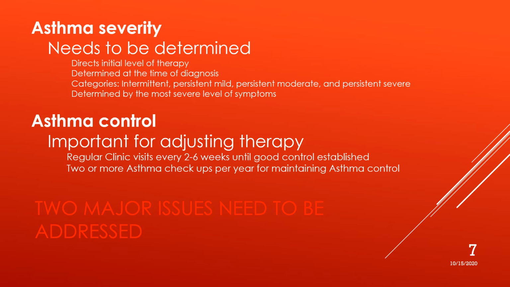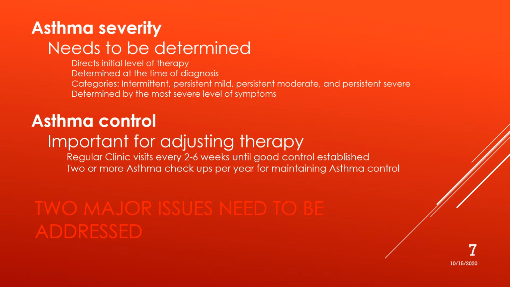You get a little short of breath and you take a couple of puffs of your albuterol and you're fine. But when you get into moderate and severe asthma, you really need to be managed with much more medications than just a bronchodilator. So you go to the doctor, they do an evaluation of you, they ask a history of you, and they give you a diagnosis. And based upon that diagnosis, this is where you are. So you don't switch back and forth. If you're diagnosed as persistent moderate, that's where you are, and that's where your treatment plans are. But you can go up and down on the medications based upon that.